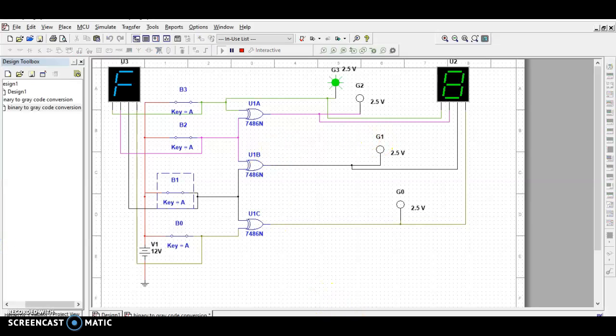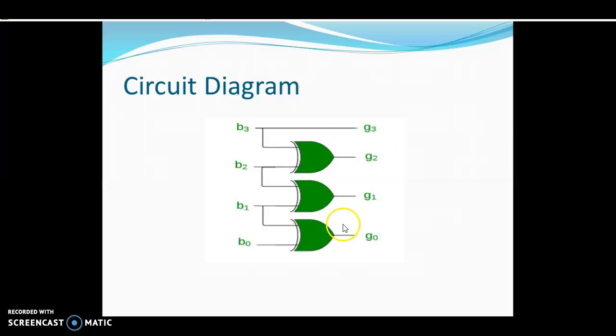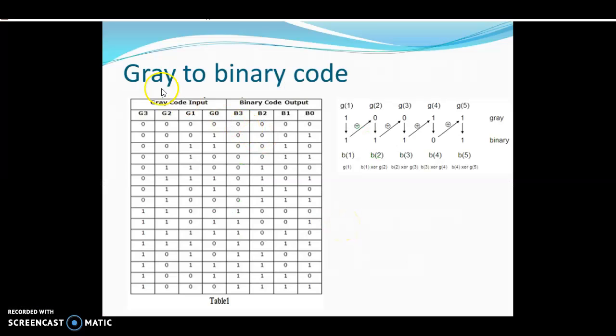Next we are moving on to gray to binary code conversion. It is actually the inverse of binary to gray code conversion, but here there is some difference. First, here also the XOR function is used. Here gray code is the input and binary code is the output.